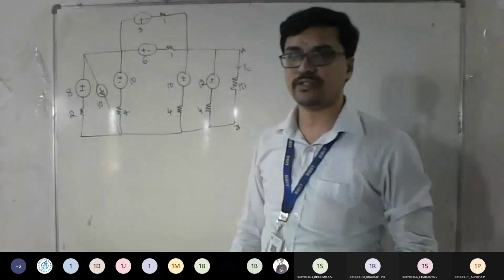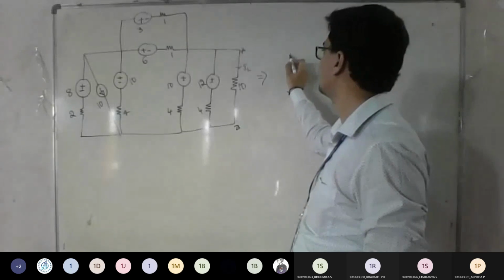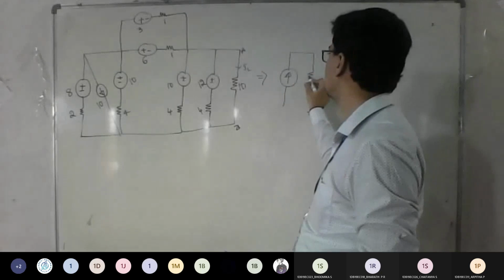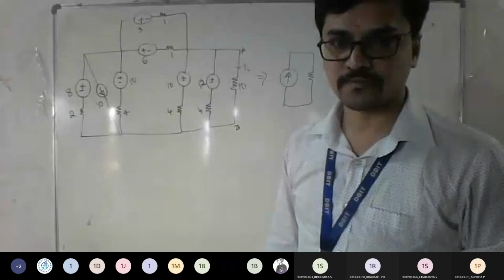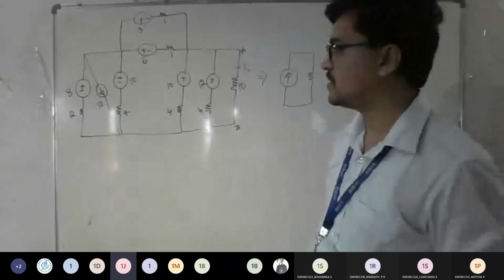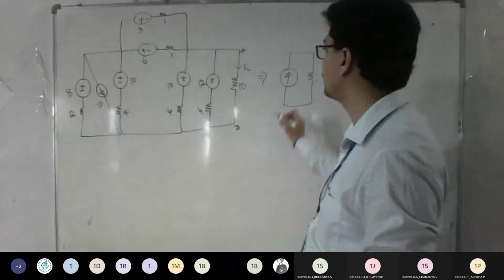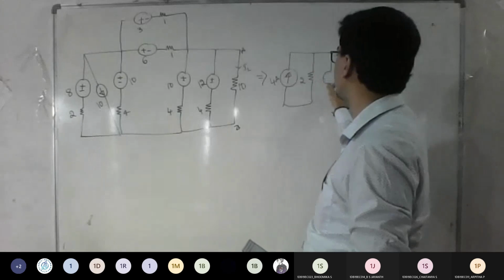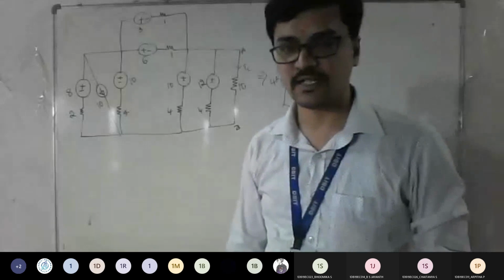So let's proceed. Convert that 8 and 2 to a practical current source. Let me write a symbol, arrow mark upward, and the 2 ohm resistor will be in parallel. What is the value of the current now? 4 amperes facing upwards, sir. Correct? So I is equal to V by R. V is 8 divided by 2, so you're going to get 4 amps. The 2 will be as it is. Let me take that 10 as it is. So now this is how it looks.